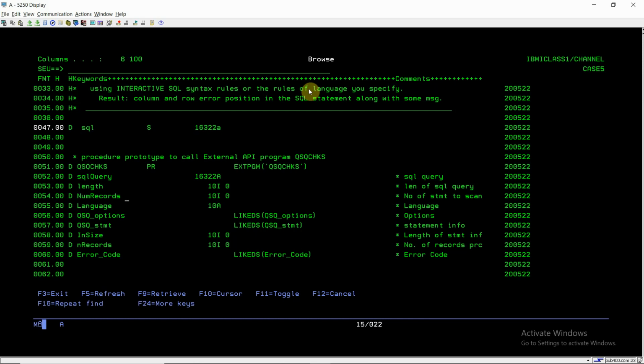This is the number of records to scan. Here the number of statements will be 1, because we are going to validate only one statement at a time when we are specifying the language as star none.